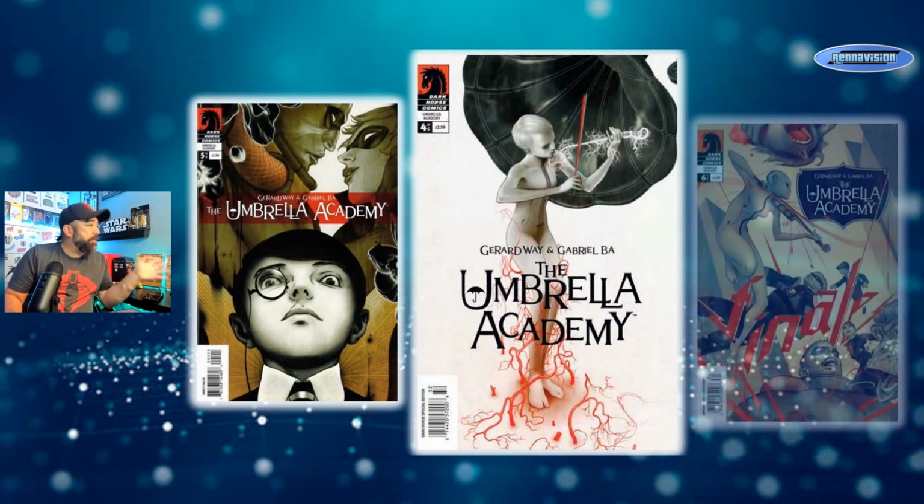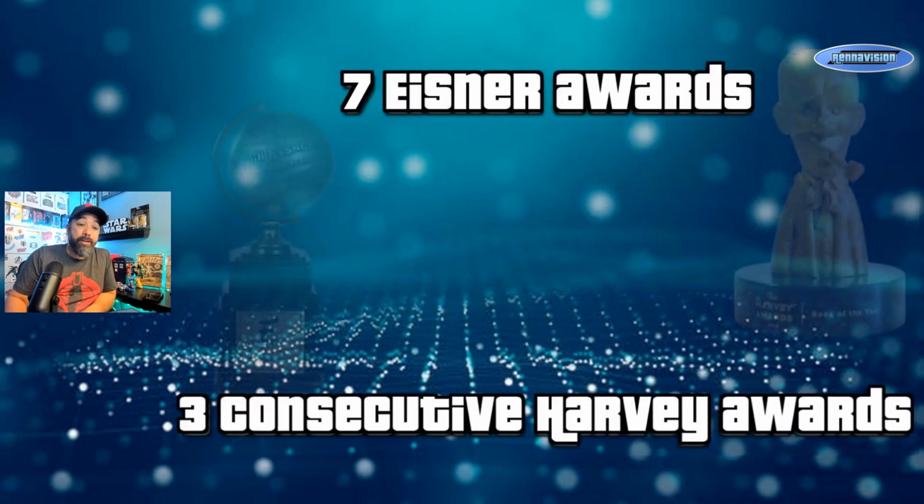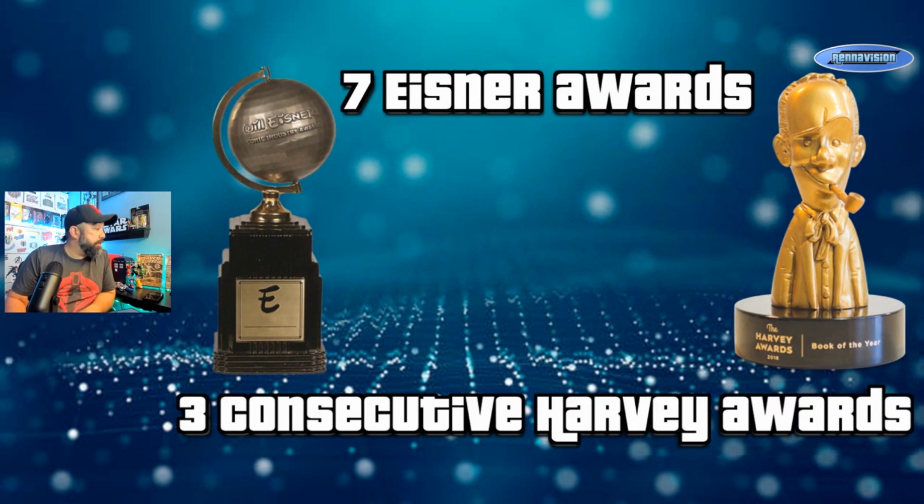Here's issue 4, 5, and 6 for that first run. A great cover run by James Jean. An award-winning artist, by the way. Let's point out the 7 Eisners and the 3 consecutive Harvey Awards from back in the day. So he has been recognized by the larger comic community, but I think in the speculator corner of things,